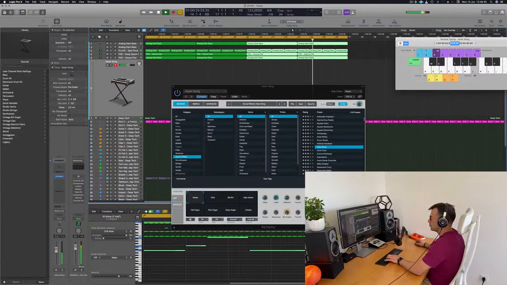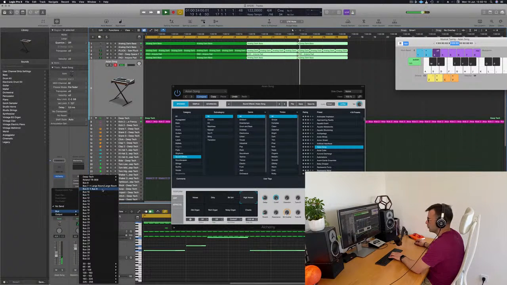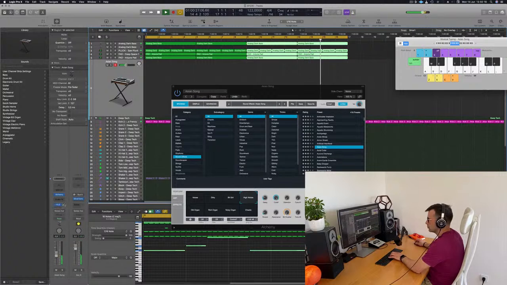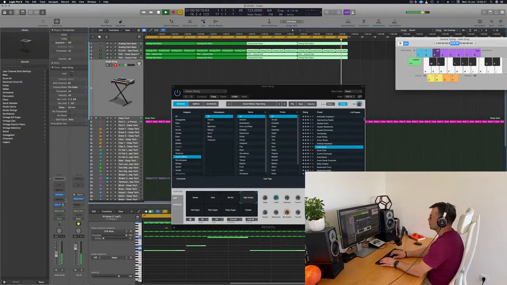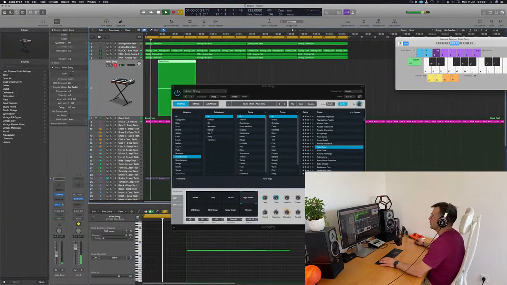Could work. With a bit of reverb in there. Something like that. This is a sequence,